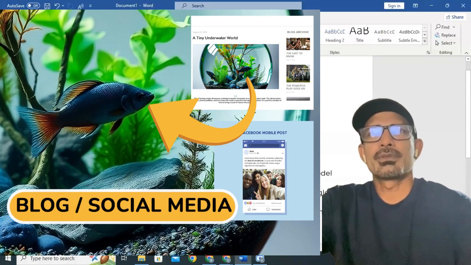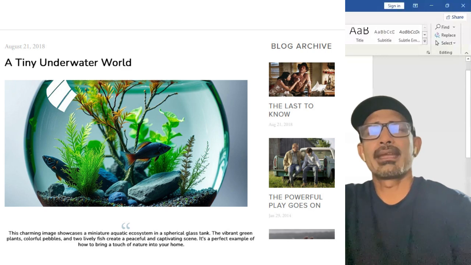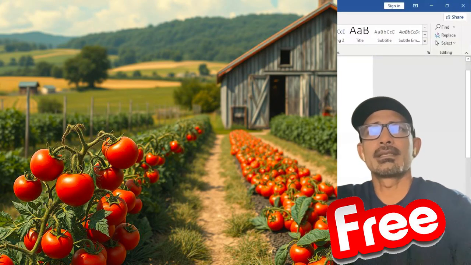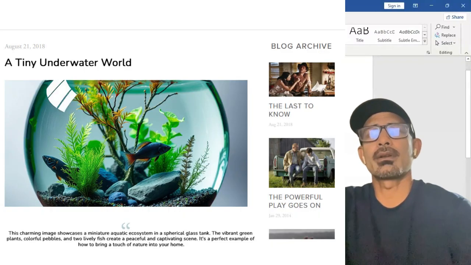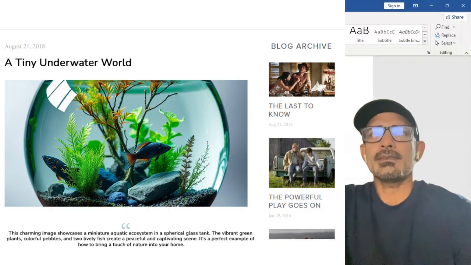So today I'm going to show you how you can get content done through make.com, and these are all free ways of getting images for your blogs or social media, and then later on I will show you how you can automate it. Okay, so first of all,